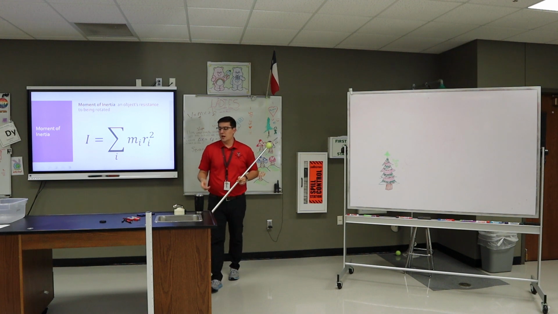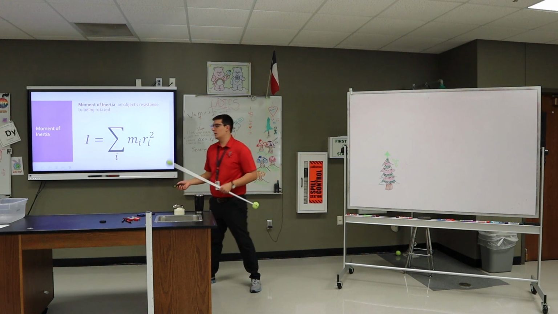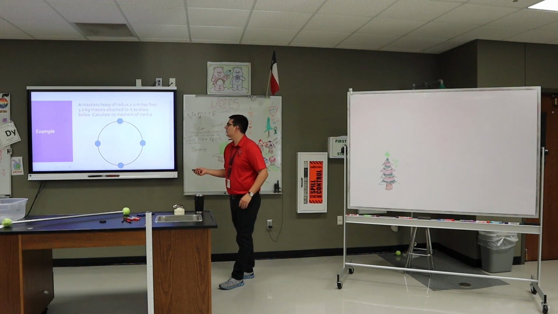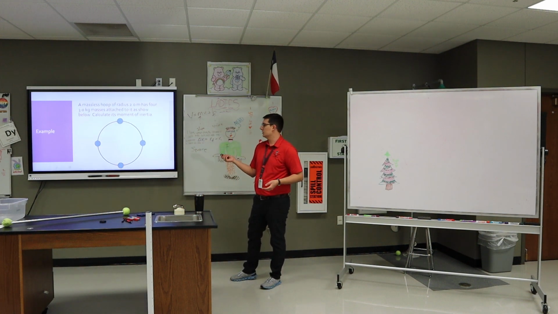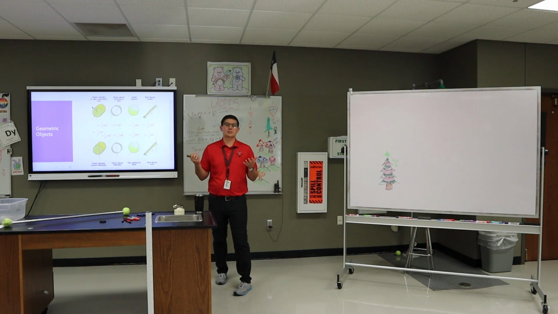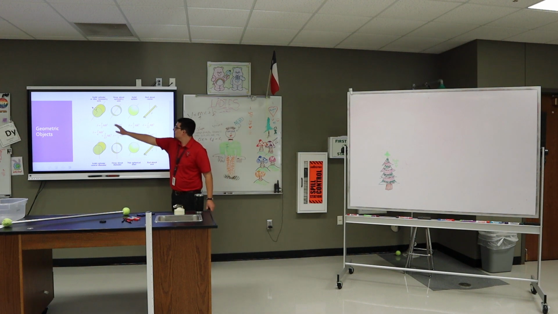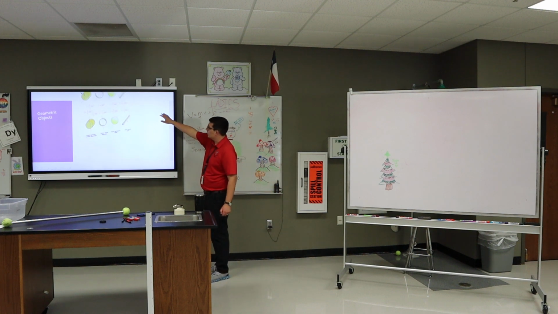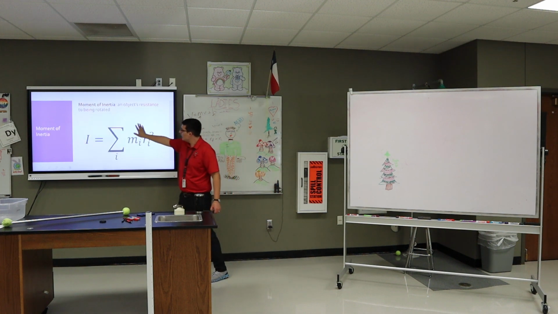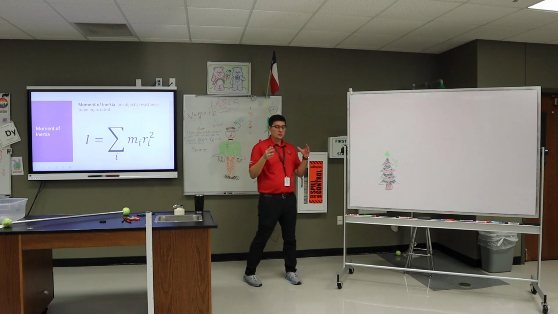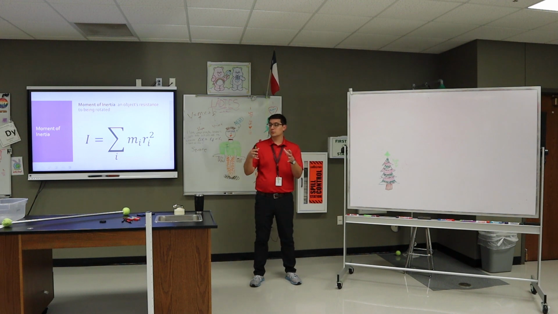Now, that works really well for systems of objects like that. Here's another example with 4 things. We're not going to do it. But what happens when I have complex objects, like geometric objects, like cylinders and spheres and hoops? Well, if I go back to that other equation real quick, if I take this and do calculus with it, and I basically treat a sphere as a collection of particles,